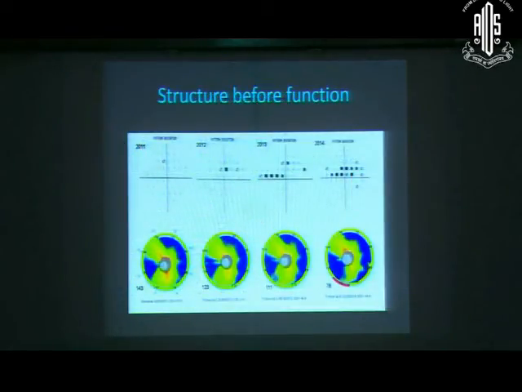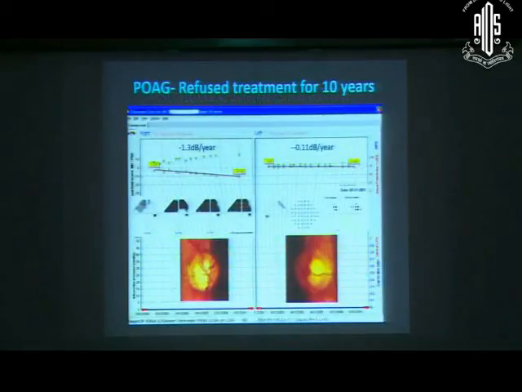How does it compare to function? You can see that in most cases, structure is being lost before function. In this patient, it took about 2 years before the visual field loss became apparent in a person who was losing the inferior temporal quadrant. What is frightening is that she lost half a nerve fiber layer as such. I'm going to quickly end here,